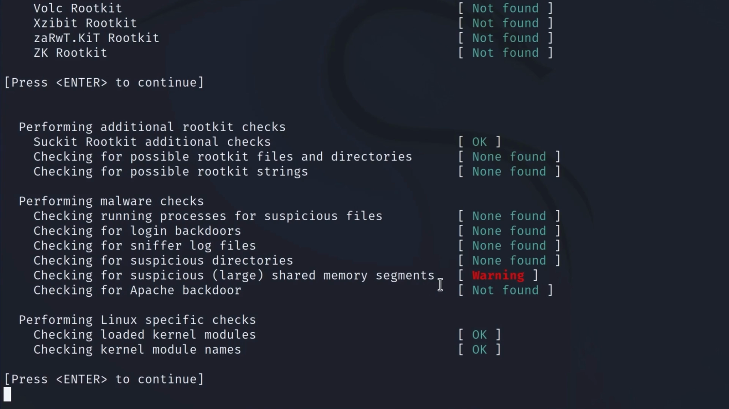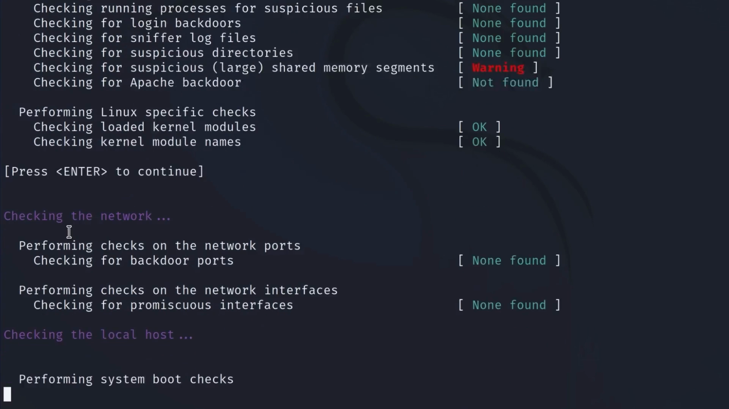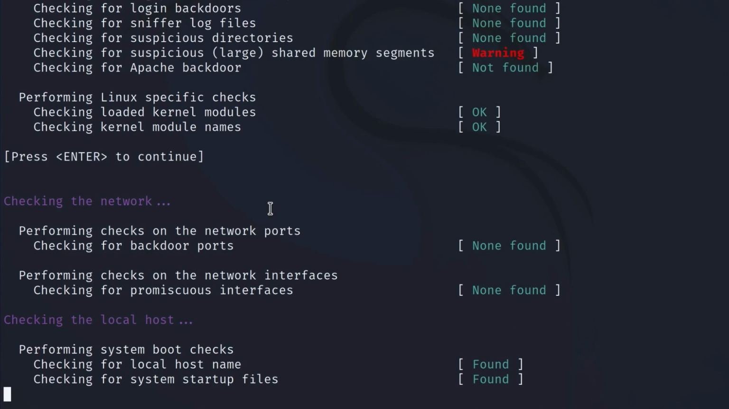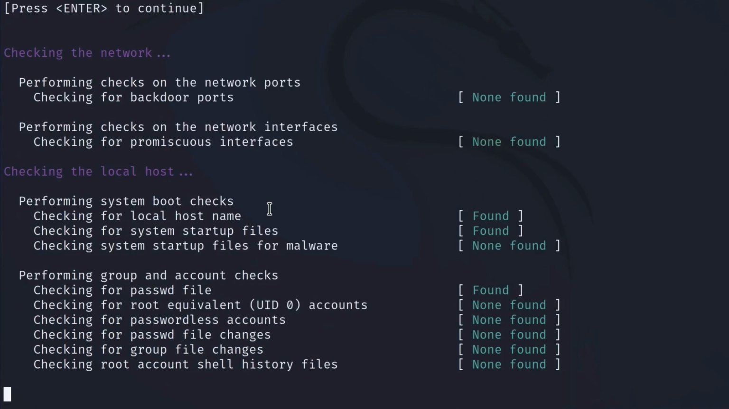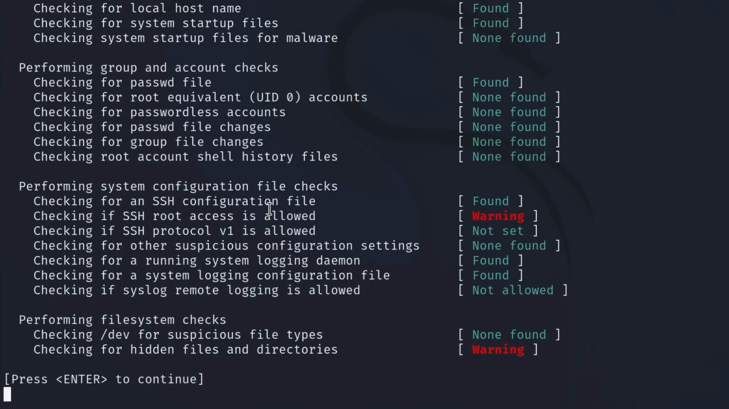So if you're running Kali Linux, this is a common warning that you'll get, especially if you're running on a virtual machine. So this is not really that important to us. We can just continue with the next scan, since everything else is either not found or set to OK. Now it will check the network and check if there is anything suspicious inside different files and different network connections. Here we can see that we do get two warnings, such as SSH root access is allowed, which could be a potential